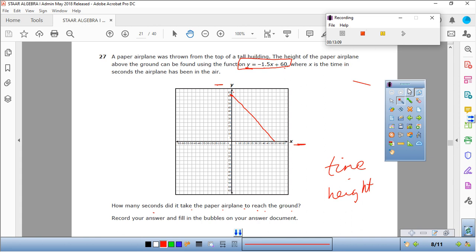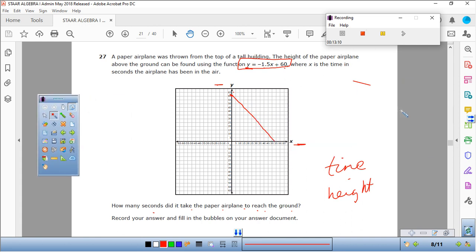I told you one of them is always X. Thank you so much. This is always your time. This one's your height, Y. So basically, they want to know how long, from here to where this thing comes down and hits the ground, the seconds,